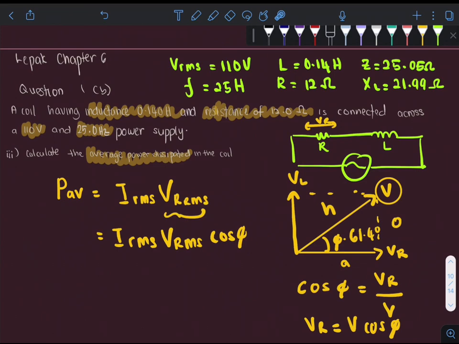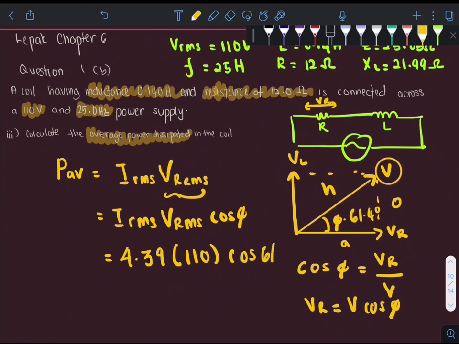Okay, so now we know the value of IRMS. We have already found it in the previous question. We have the VRMS given in the question, and we also know the phase angle. We can simply substitute our values here. 110 cos 61.4 degree. So we will get 231.16 watt. Okay, we can also use this equation immediately, but you have to find your V across resistance first,